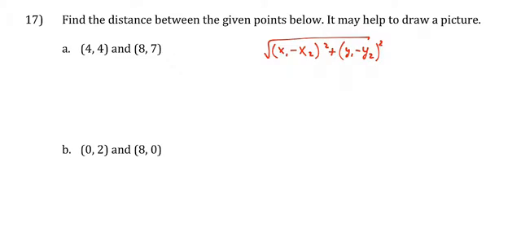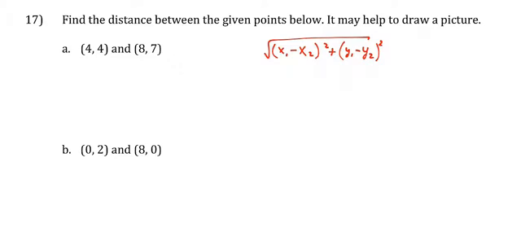We want to find the distance between those points, just like we've been doing. Now, the question is, we don't have a picture here, so we can't really find the over and the up. Now, you can draw a picture and find the over and the up and do the Pythagorean theorem. Or we learned the distance formula, which I have written out there, which is super helpful if you only have the points. If you don't have a picture, the distance formula is usually a little bit more direct to work